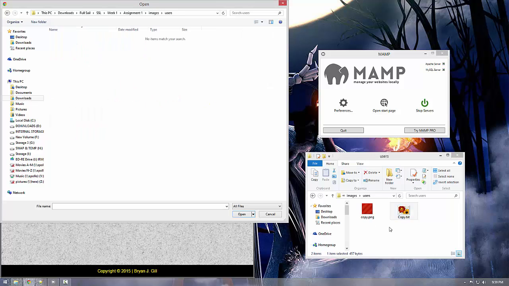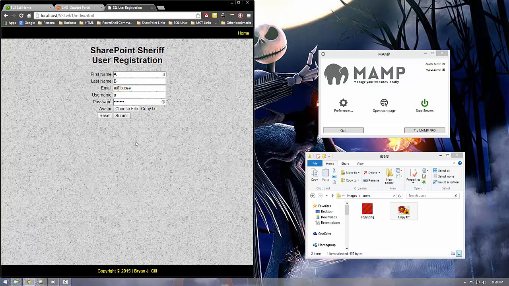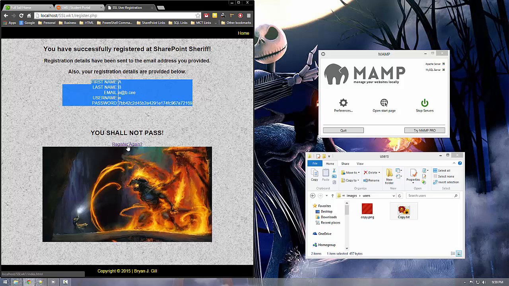So we'll go into here, and interesting, it's not showing. So we're going to put a copy.txt file in there. We submit this. Now we can get the actual error message and the error, "you shall not pass." But it does still give you all the same information that I entered in, and then you give the register